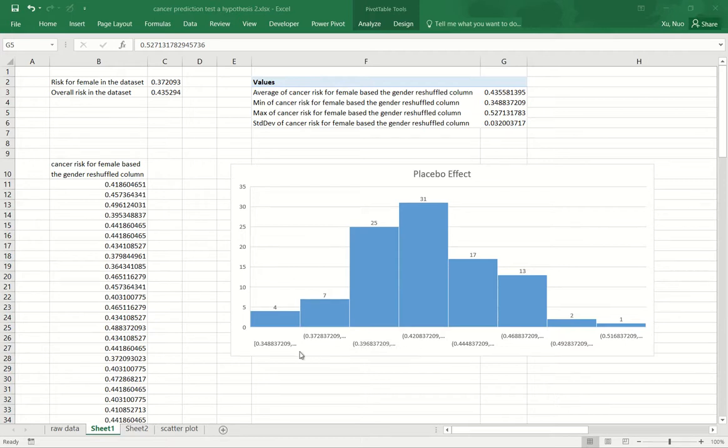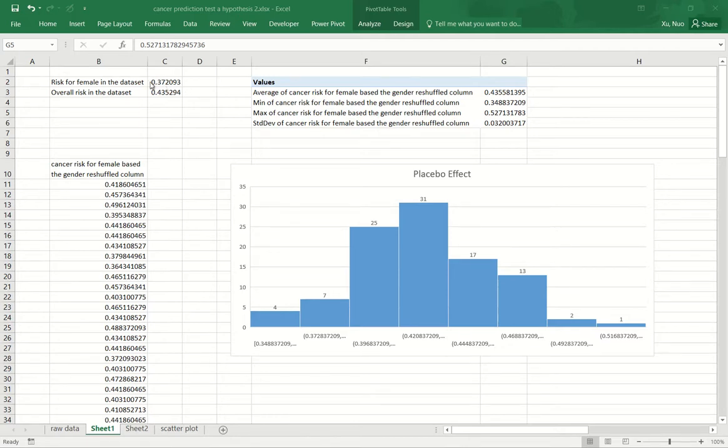We can further say if gender is not a risk factor, the probability to see a risk estimate to be less than, say, 0.3728 is 4 divided by 100, which is about 4%. So similarly, on the other end, we can say the probability of seeing estimated risk to be greater than 0.49 is around 3 divided by 100, 3%. We can similarly attach a probability to see risk less than 37.2%, which is the